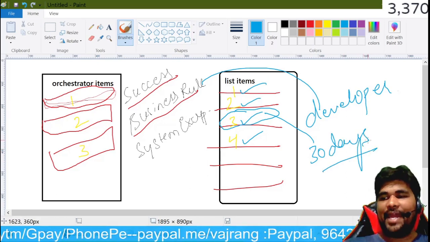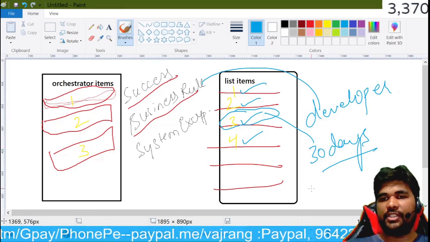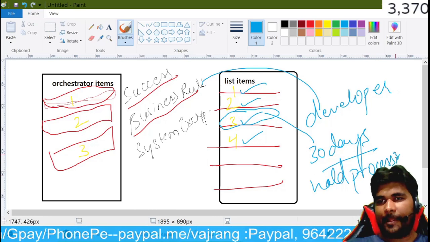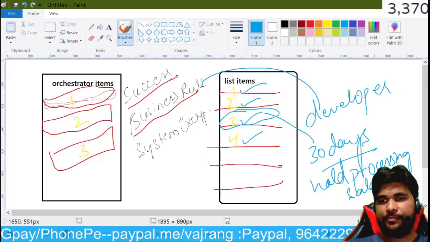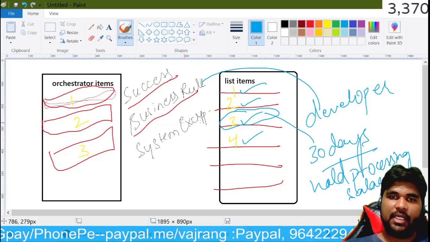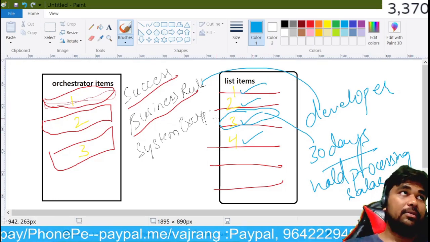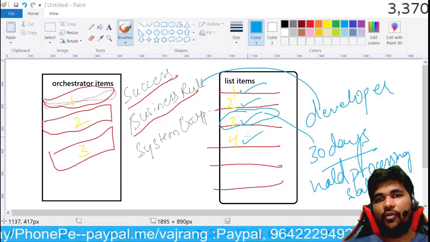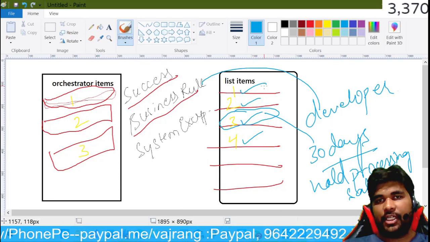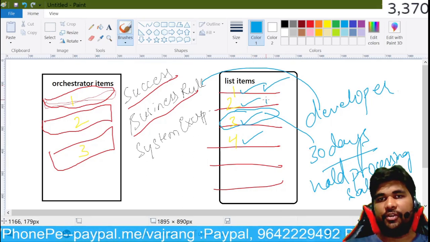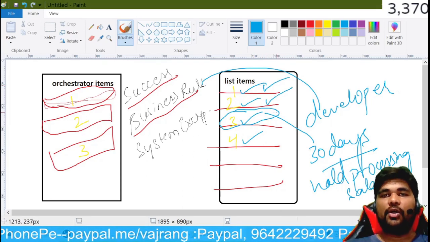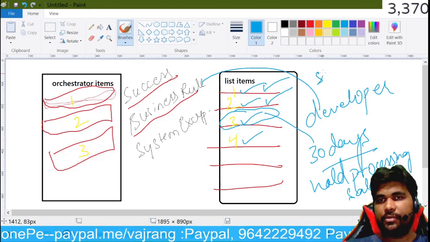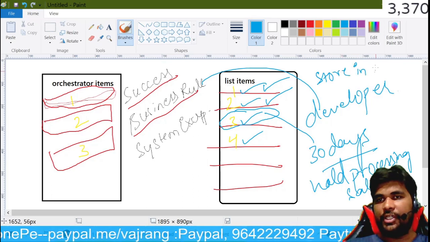In these, the third employee did not attend office for 30 days. So management asked to hold on with processing the salary. Hold processing salary. So what our bot does, our bot will try to work on each and every transaction ID, each and every person, and it will process the salaries and store them in a location.